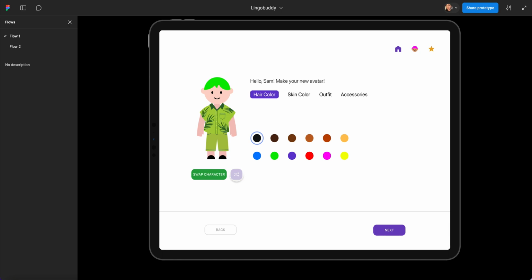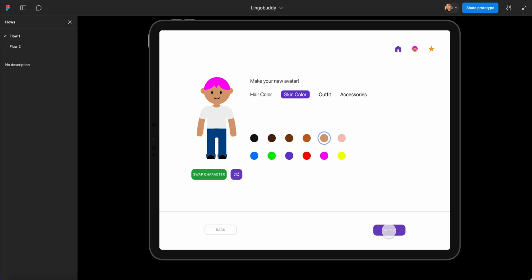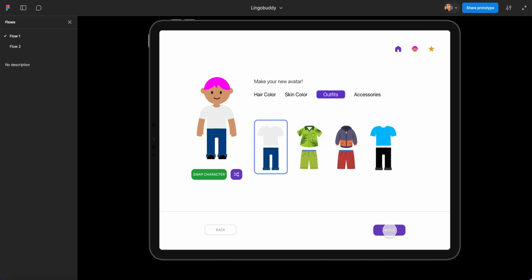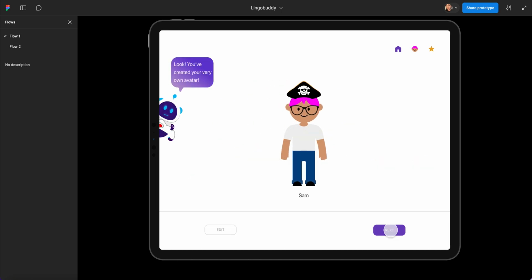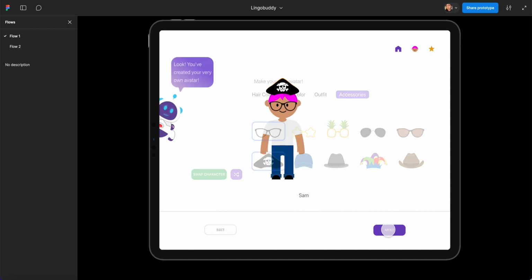customized avatar. But for this example, we're going to go back and we're going to select the hair color. So we're going to go with pink and then select apply. We went with caramel skin tone, apply. Basic blue jeans and a white t-shirt, apply. And glasses and a little pirate hat, and apply. Once your character is done, you can go back and edit your character, or if you're happy with it, you